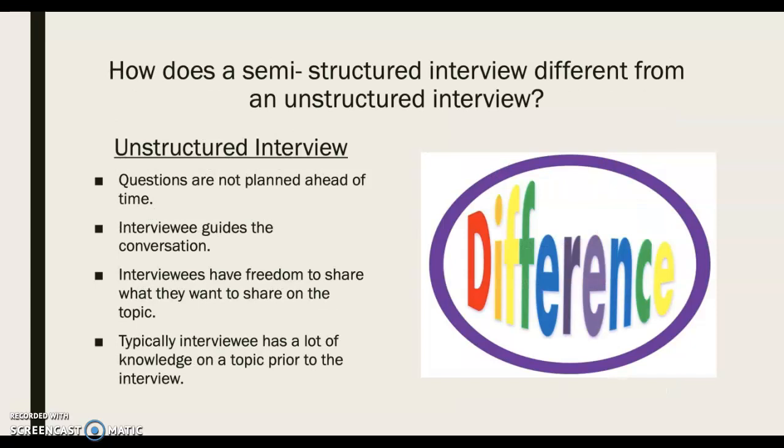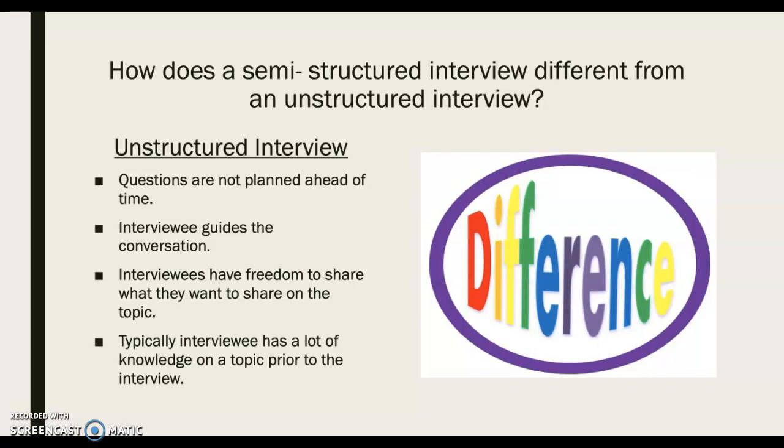So how does a semi-structured interview differ from an unstructured interview? Well, in a semi-structured interview, some of the questions are planned ahead of time, whereas in an unstructured interview, none of the questions are planned ahead of time. Further, in a semi-structured interview, both the interviewer and the interviewee guide the conversation, and the interviewer is able to provide some response through questions, or might just give some sort of nonverbal response to the individual.